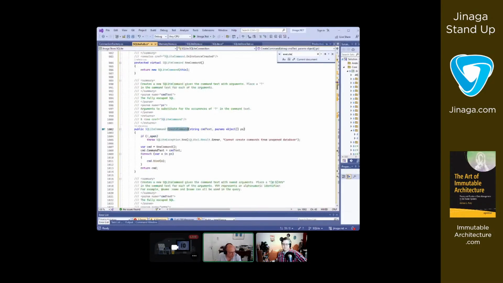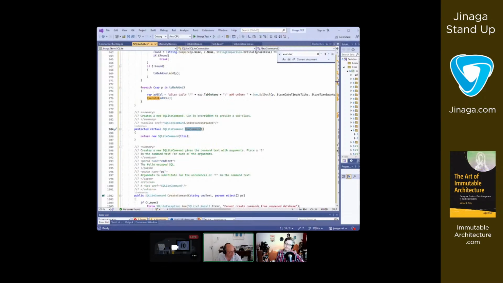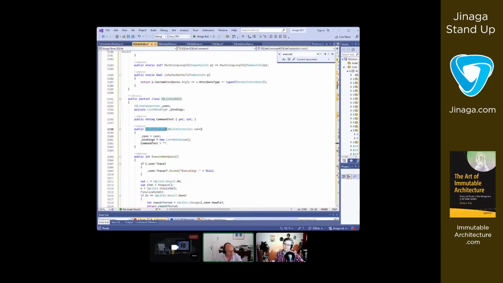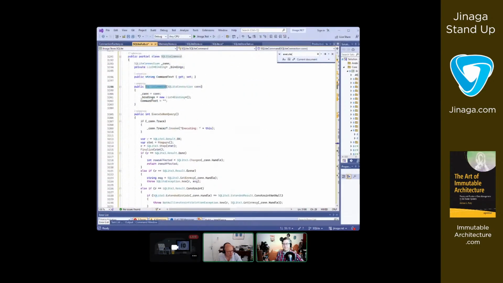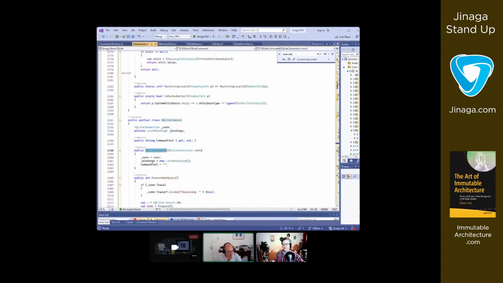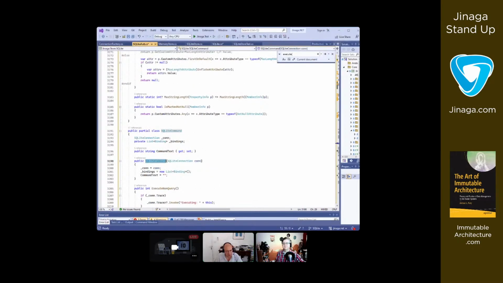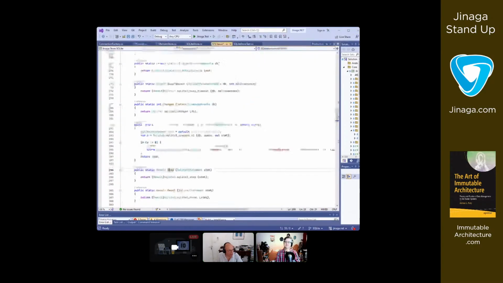If you create a command, then you're going to open a connection, which is in itself a lot of code. You create a new command, which is using a lot of other things here. Yeah, a new SQLite command, which is a class in itself. So I want to go the same way as before, just use the routines directly, which is not too